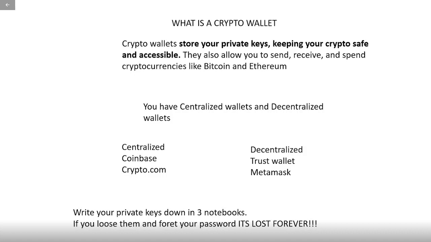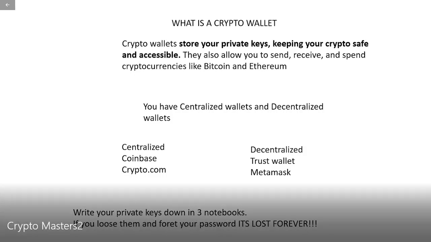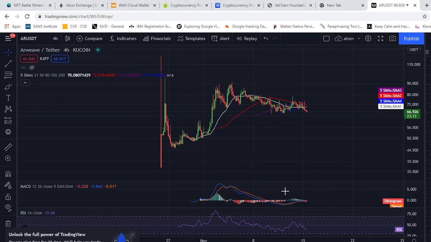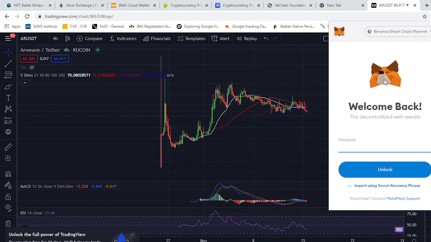To give you an example of what MetaMask is, I will show you. It's just a browser extension. You click on your MetaMask extension right here, and it will pop up. Mine doesn't want to pop up. Okay, there it goes. See, it pops up, and it's an extension. You log in, and it has your assets and your currency, etc.